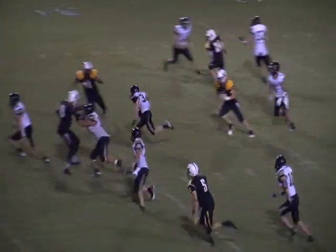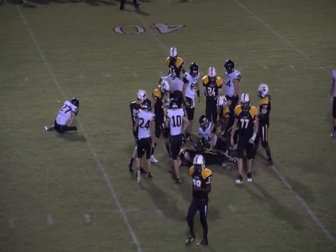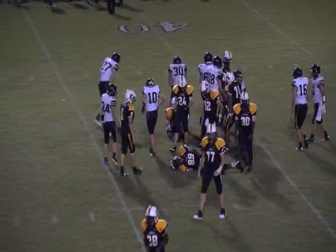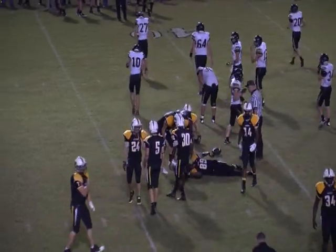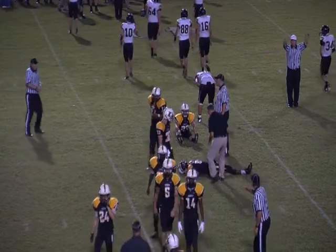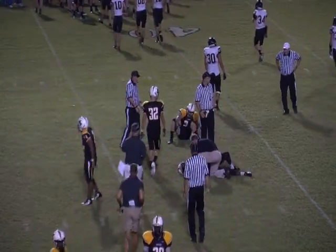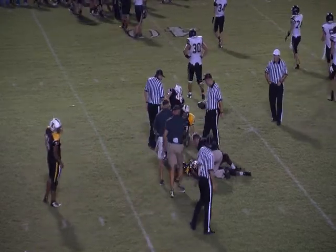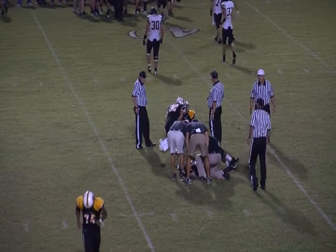Across the 25, breaks the tackle to 30. Across the 35, out across the 40-yard line, and the Blackcats take over there, 1st and 10 at their own 41-yard line. Good run by Matthew Williams, and another player down on the field, an Indian player this time. Matt Williams on a good run, about a 25, 27-yard kickoff return. And the Blackcats will have it 1st and 10 at their own 42 with 1:05 to go in the third